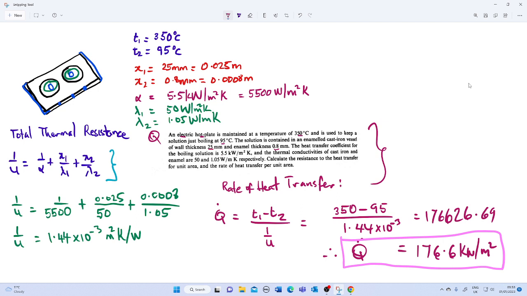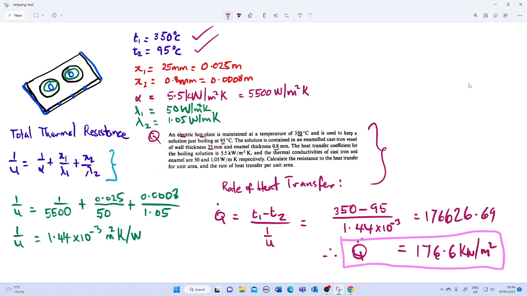Now, how do we approach this particular problem from a thermodynamic reference? First of all, we were given an electric hot plate which is maintained at the T1 temperature, that is the first temperature, 350, and we have the solution boil at 95 degrees centigrade. Now, by pulling out all the parameters given in this question, we have our T1 350, our T2 95 degrees Celsius, and we have the thickness